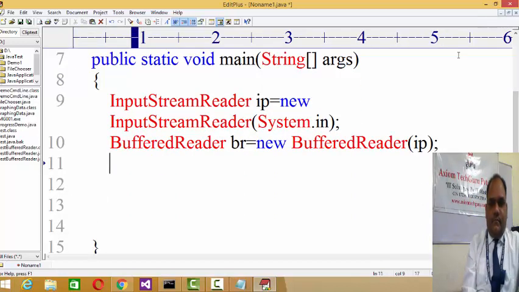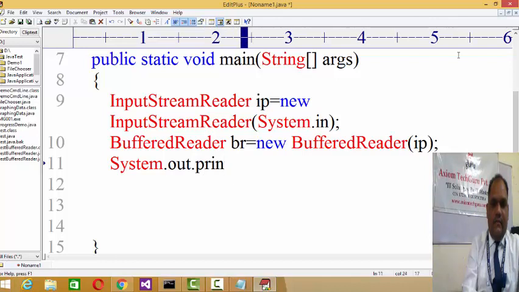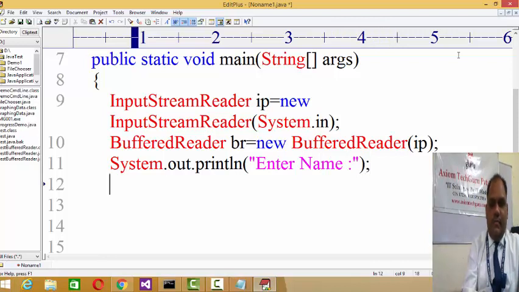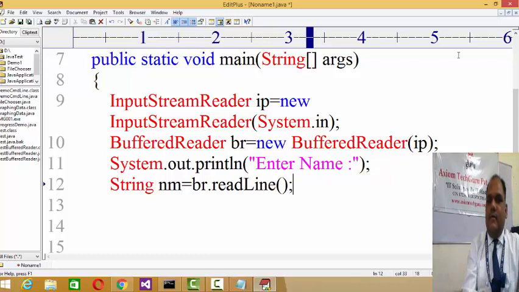And then let's say System.out.println("Enter name"). If you are inputting a name, then you will hold it in a String variable: String name equals br.readLine(). Right? Just understand the point that